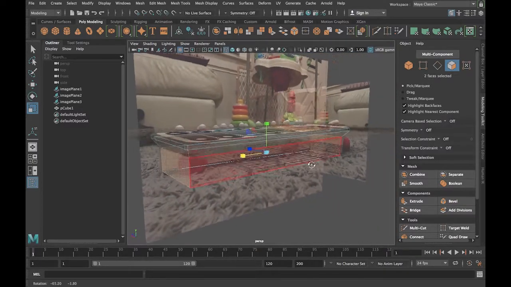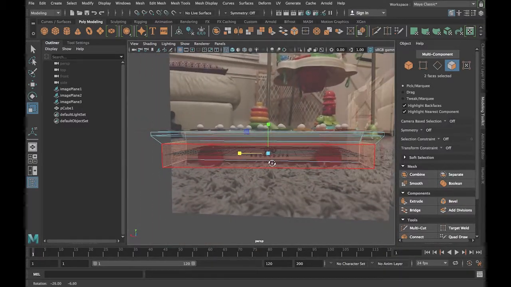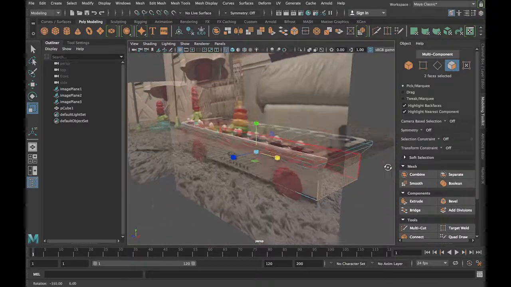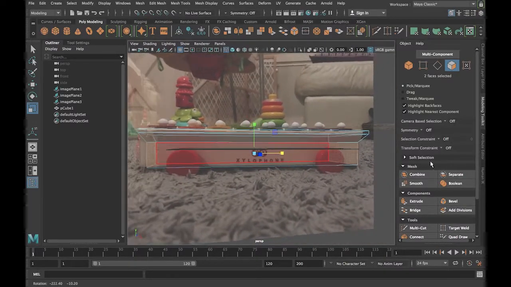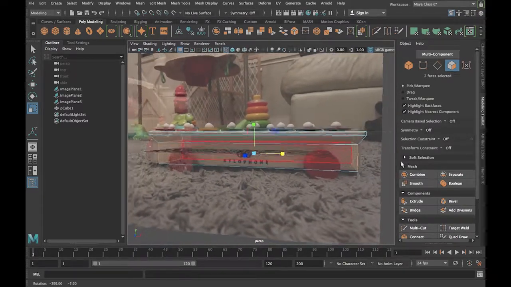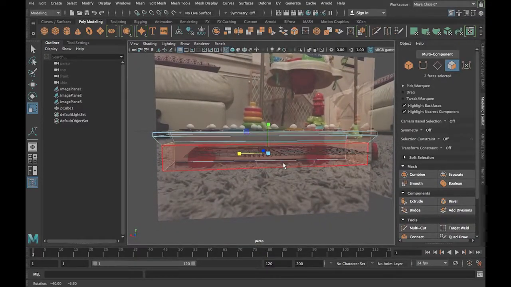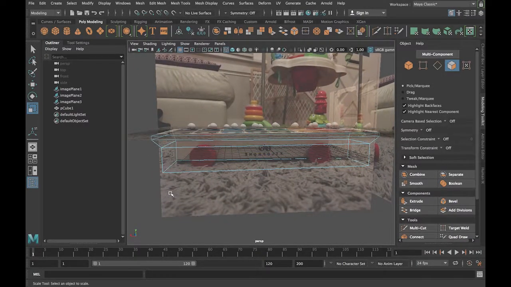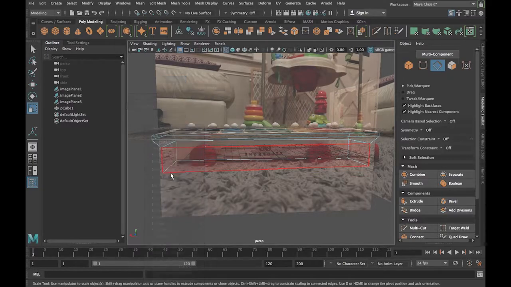That's what I was looking for, because the front and the back also have that slight miter. Okay, so now if I go to edge mode and my edges are mostly still selected,